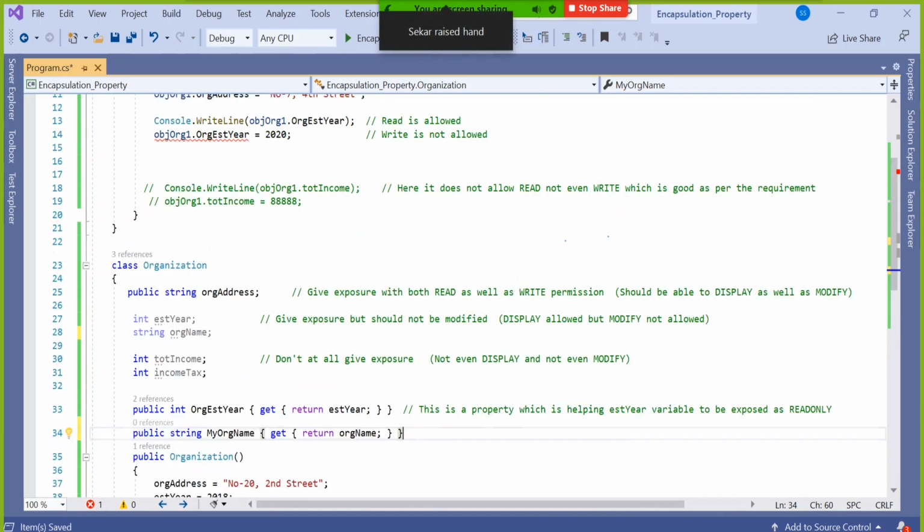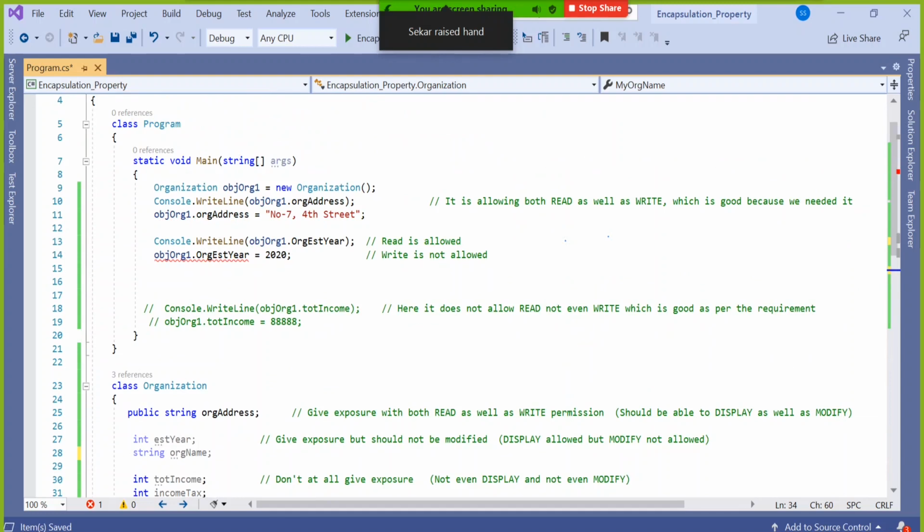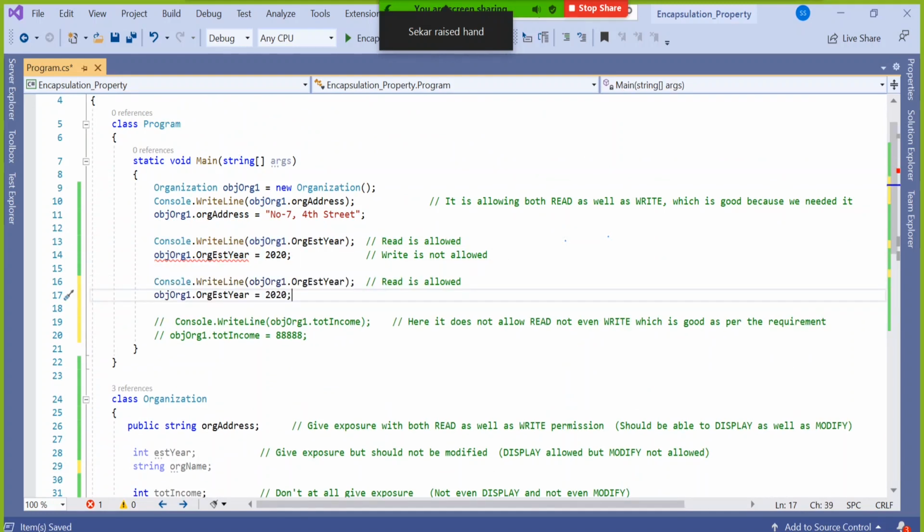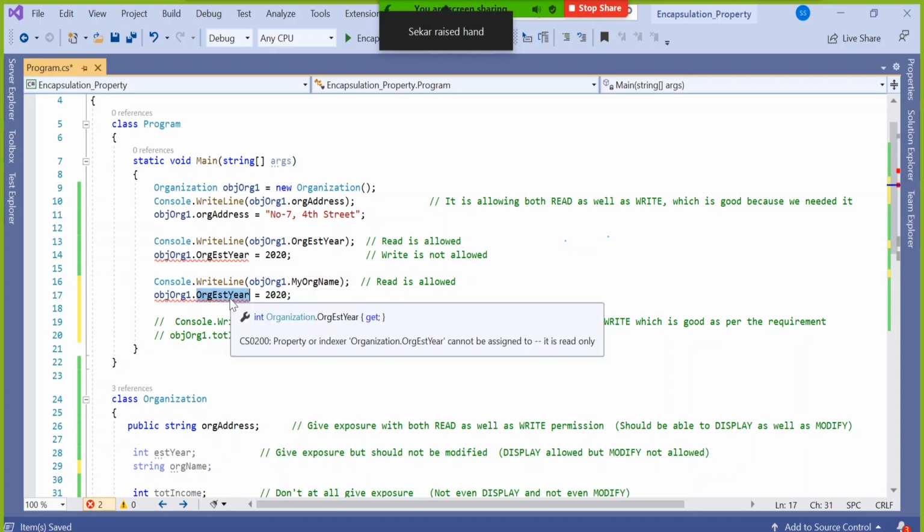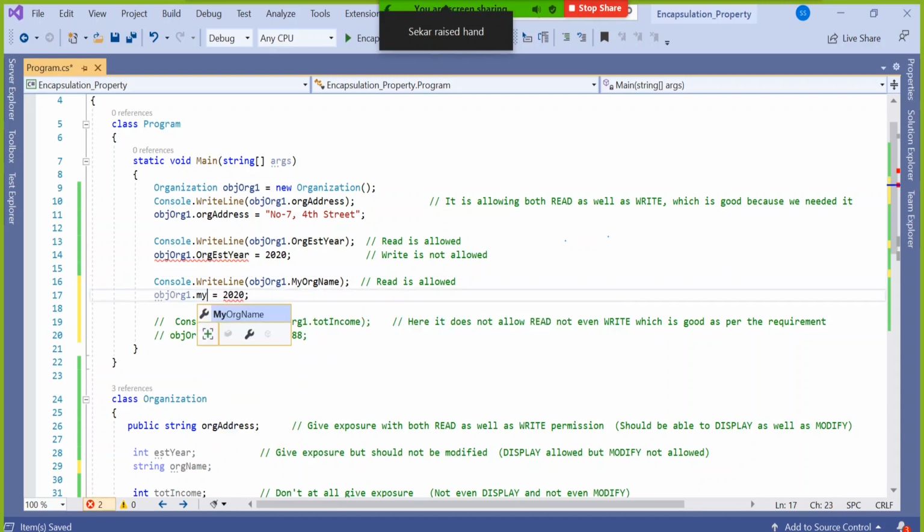Now if you come here and apply the same thing for organization name also, it will tell you no problem, you can read organization name, but you cannot modify organization name. If you are using the property also you cannot modify. If you are using the variable also you cannot, because the variable is private anyway.